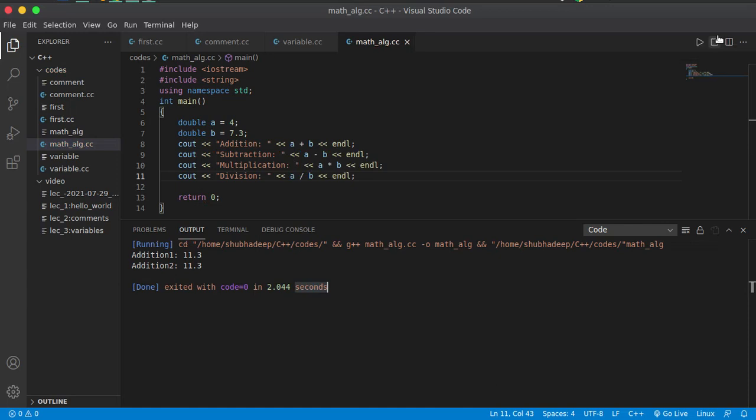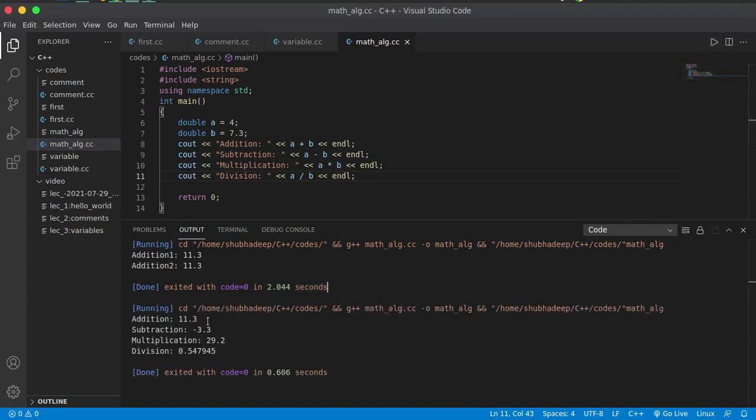Then we can just run it. Then we can see that addition is 11.3, subtraction is 4 minus 7.3 which is equal to minus 3.3, multiplication is 29.2, division is 0.547945. So in this way we can do our mathematical expressions and mathematical operations, like addition, subtraction, multiplication,